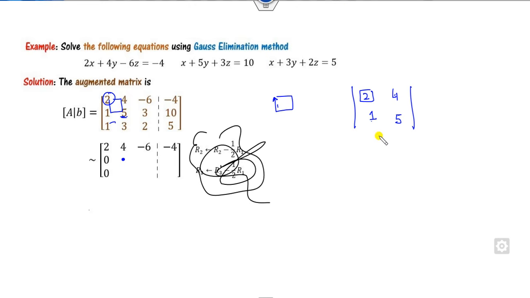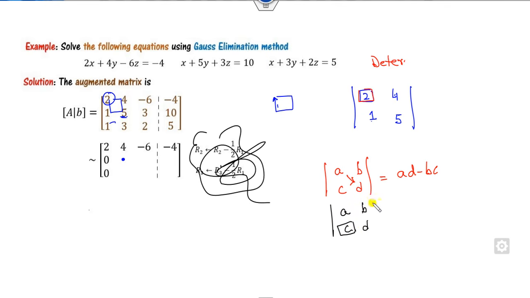Fine. Now you can find the determinant of this matrix, but make sure you start from, like, if you know A, B, C, D, how do you find the determinant? This is AD minus BC. Fine. But if I write A, B, C, D and the box will be here, like this, then you have to start from here, that is CB minus AD. Fine. Now for this case, it will be box 10 minus 4, it will be 6, divided by the box element. What is the box element? It is 2. So the answer is my, here is 3.